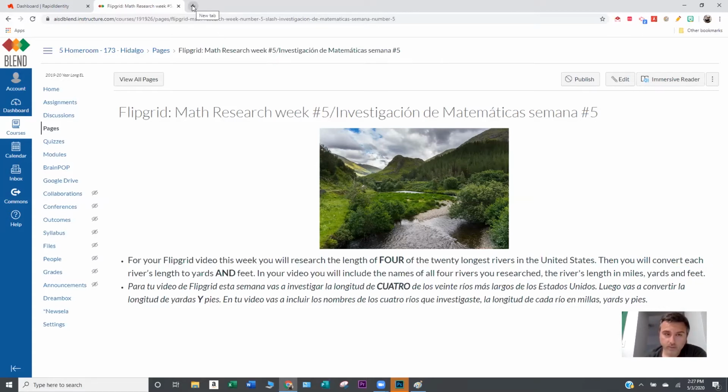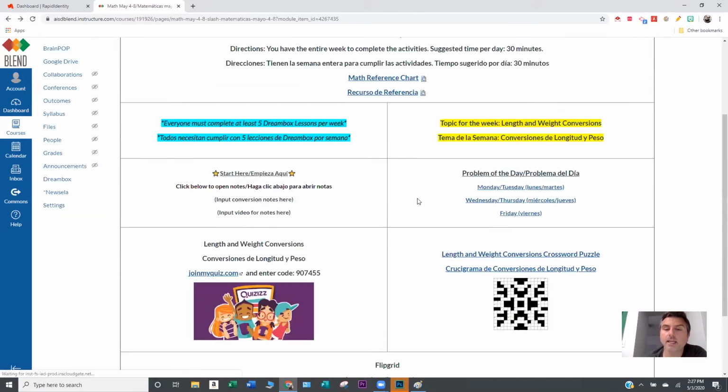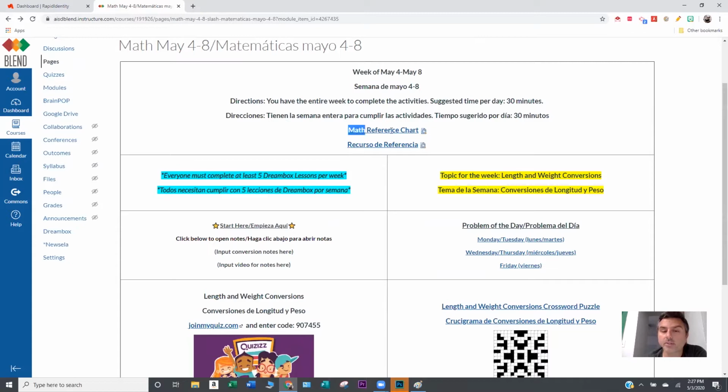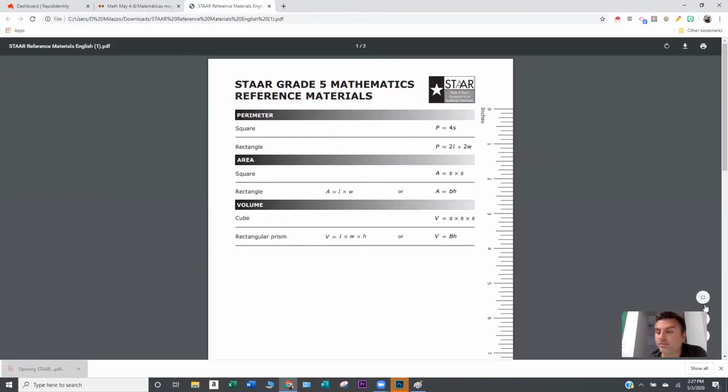So first, you're going to have to look up those rivers. But actually, before you do that, you're going to need to know how to convert those to miles, yards, and feet. So you're looking for the longest rivers in the United States. In order to do that, you go back to the lesson plans, and right here at the top, you'll see it says reference chart. Click on that. It'll download the reference chart here, and you can click on that and it'll open it. You're going to need this reference chart